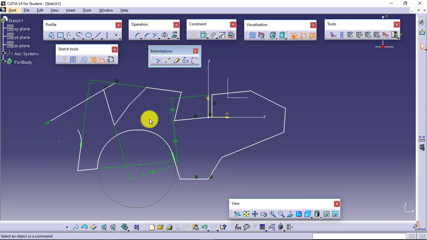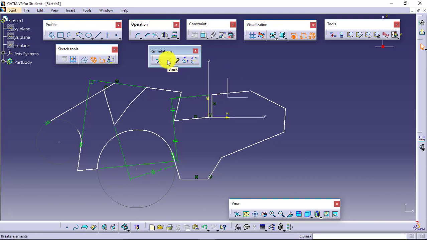If you want to trim it, you can trim the line. If you want to expand it, you can expand the line. But whatever you use, you will need to define at least one reference. If you have not defined the reference, then the software will not be able to understand about which it has to be trimmed or till what it has to expand the line.